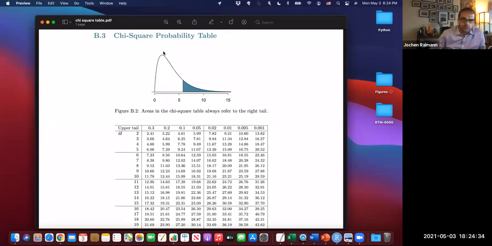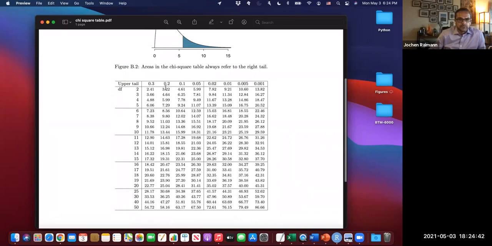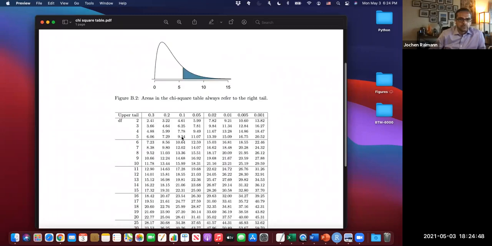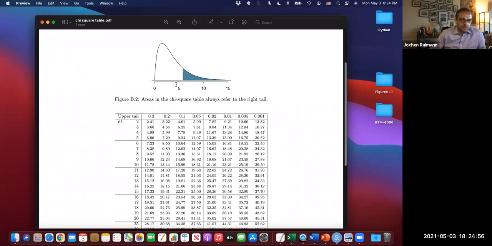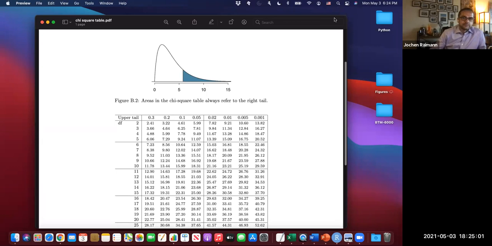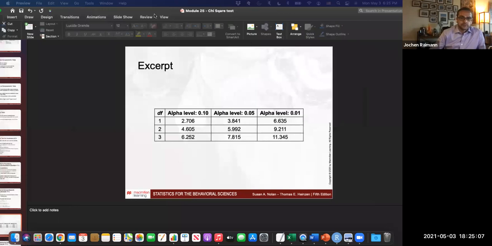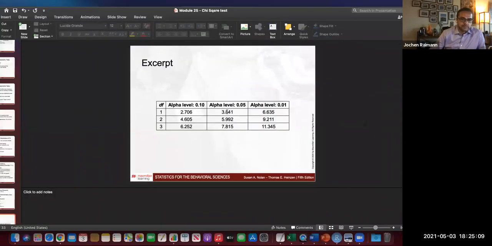So this is the chi-squared. It's a unimodal right-skewed distribution, which is showing you different chi-squared values and will allow you to make your determination based on that chi-squared. As soon as your chi-squared value exceeds your critical value, which you're going to find here, for our example, it's going to be 3.841 for a p-value of .05.